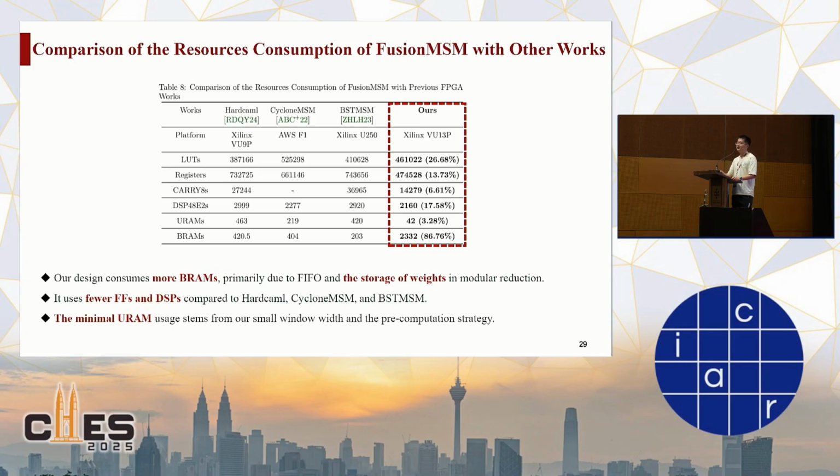As for OPTI MSM, it is evaluated on the BLS12-381 curve. This curve is different from BLS12-377 because the BLS12-377 curve has a special property. It can transform into the twisted Edwards curve, and the point addition is more efficient than the operations on the